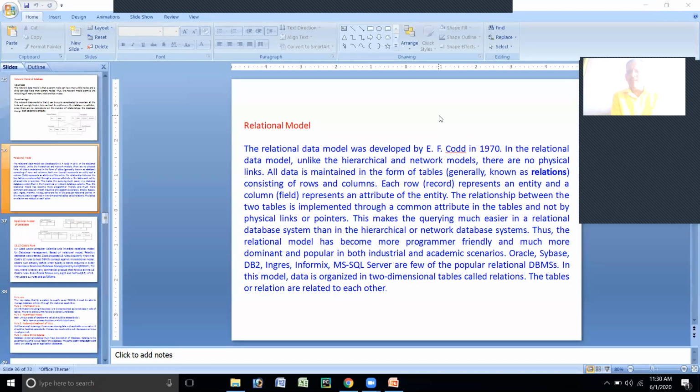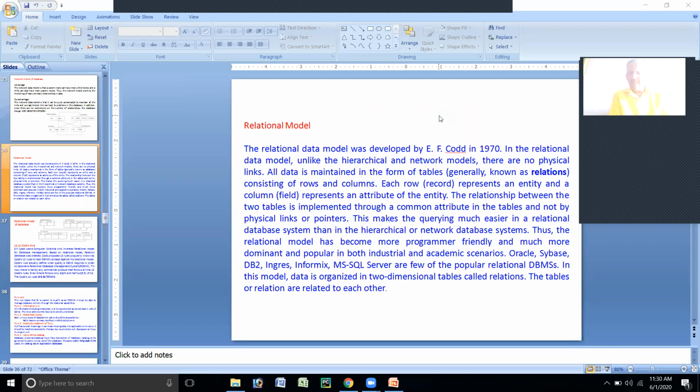Example, even though the marks are all there, I want to see a particular register number. Or for all the register numbers, I say I want only CS marks. I don't need the others. This is the one query I am generating. Our database has all subjects, but I am accessing only CS marks. This we are calling a query. With the help of a query language, you have to give the instruction. That query language you are studying in chapter number 14, right?